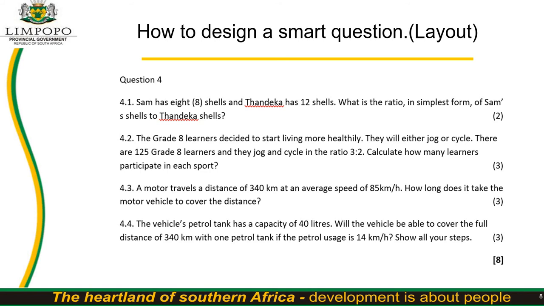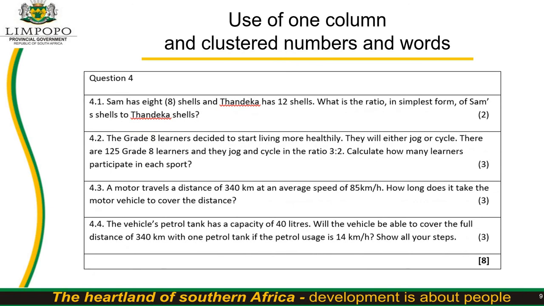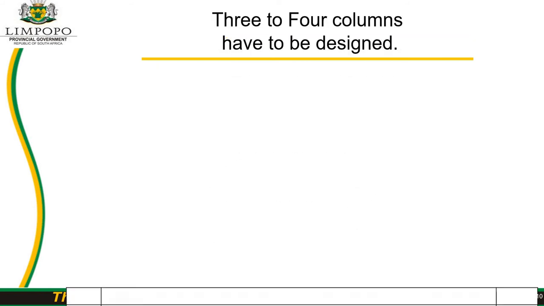Let's take an example looking at this question paper. You'll realize that the layout of this question paper, the educator has designed this question paper using only one column. How do we say one column has been used? He has used one column because the numbers and the words are just clustered in one context. But the key important thing is that educators or people who design question papers should use at least 3 to 4